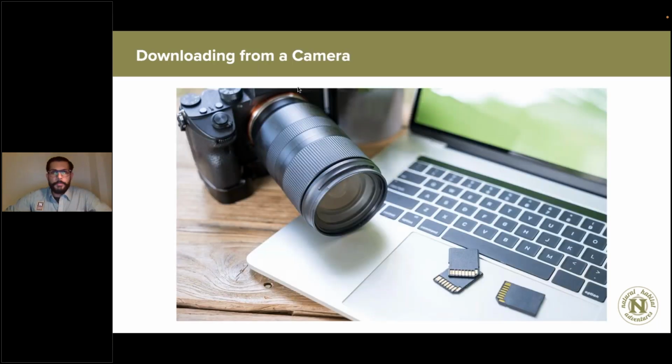Now, there are many ways to download from a camera. These days, you can even do it wirelessly. In many cases, you can download pictures onto your iPad or your iPhone or any phone for that matter, without ever having to connect your camera with a cable. But I find while downloading pictures, the most no-nonsense, safe, simple, and efficient way to download pictures is to use a card reader like this one,